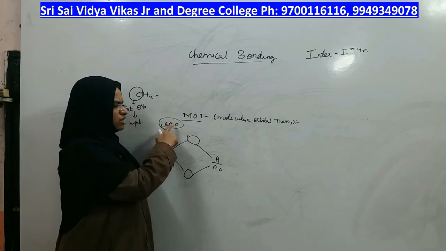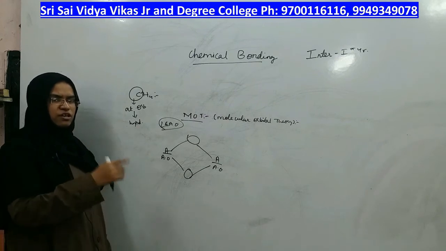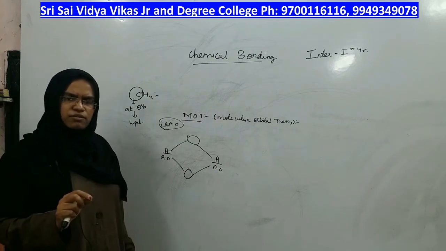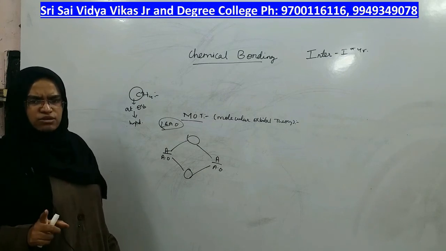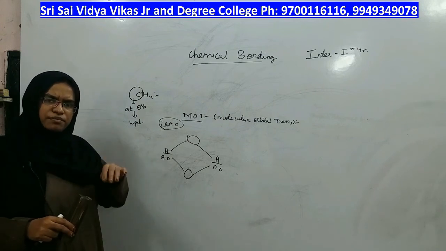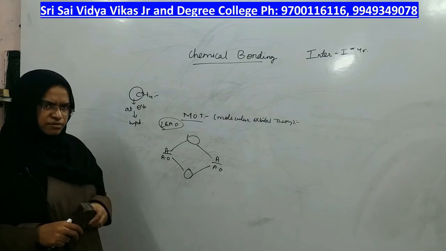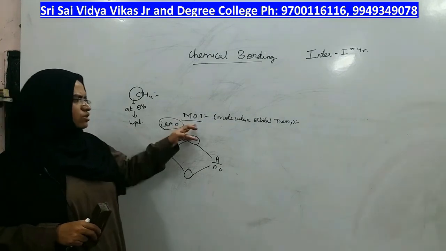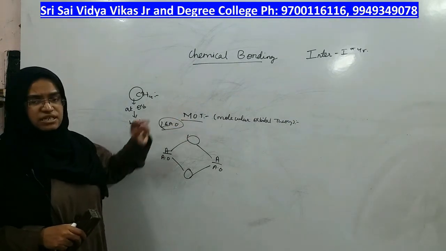By linear combination of atomic orbitals, all the atomic orbitals present in a molecule will overlap with each other or combine with each other to give as many molecular orbitals in the molecule as the number of atomic orbitals combining. And once the molecule is formed, its identity completely changes, and molecular orbitals will have electrons inside them, atomic orbitals will not have any electrons inside them, right? So valence bond theory is based on atomic orbitals and hybridization. MOT has molecular orbitals and electrons are present inside the molecular orbitals.